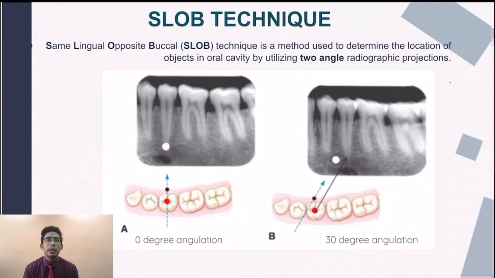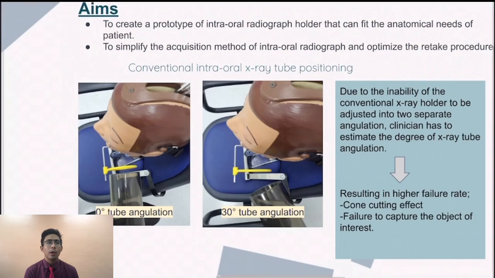One of the unique intraoral radiographic techniques is known as the SLOB technique, which stands for same lingual, opposite buccal. It is mainly used to determine the locations of objects in the oral cavity by utilizing two radiographs taken at two different angles. So the aim of our product is to create a prototype of an intraoral radiograph holder that can